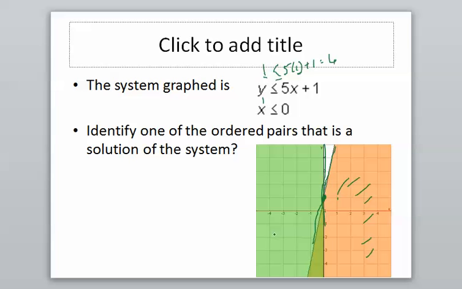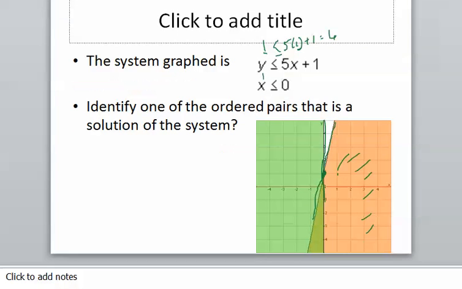Okay, now that we've shaded both of those sides, I can see that this tiny sliver down here is the only portion that is in both of them. Okay? And since it's in both areas, anything in that green area right down here would be considered in the solution set. So it says identify one of the ordered pairs that's in the solution of the system. One of the ordered pairs that would be in this solution would be that one right there. That -1,